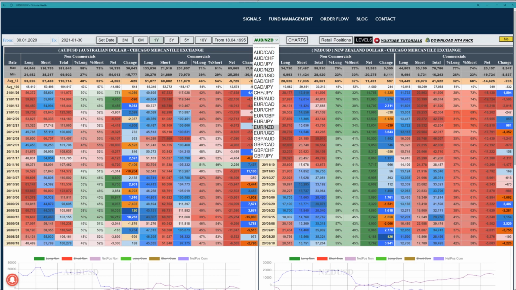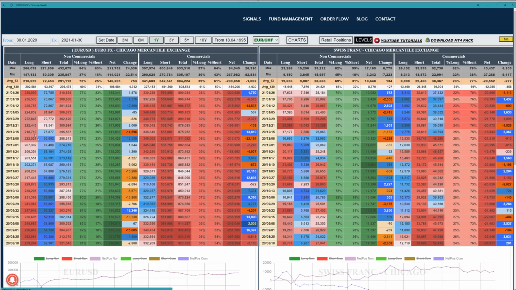Let's check the Euro and Franc. Here is the Euro. So with the Euro, we are still seeing growth in the long positions, right? The shorts were closed and they are being closed. So the Euro is still very bullish, right? I'm thinking the Euro is quite bullish for now. And here is the Franc. We are seeing that the Franc has been at its extreme a couple of times, and yeah, this is definitely profit taking. So the Franc is not strong enough anymore, and yeah, the Franc is weaker currently.